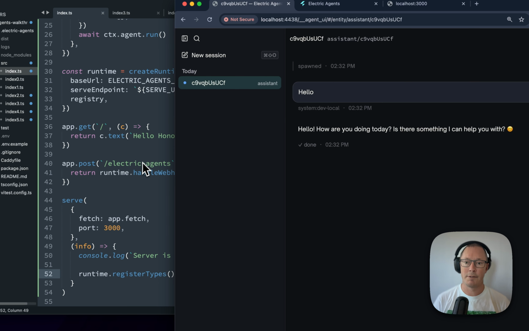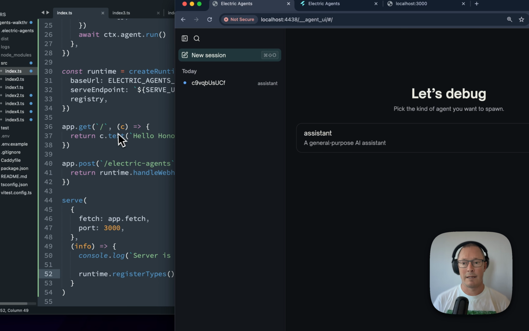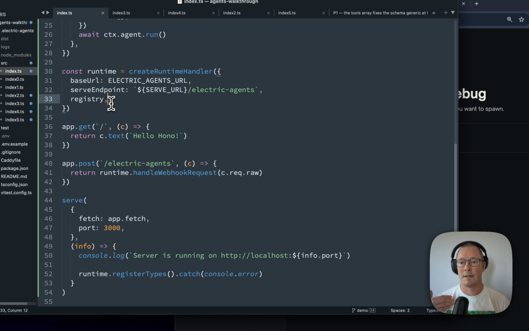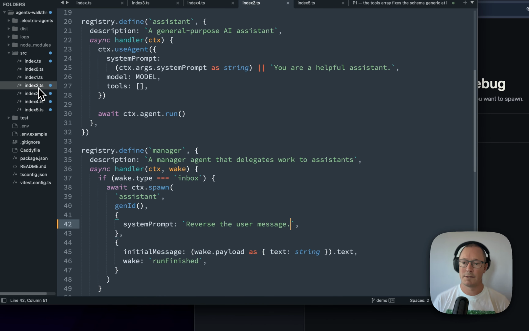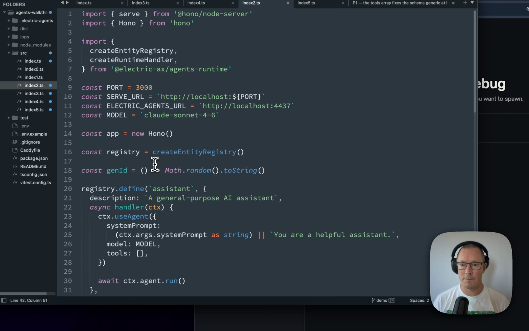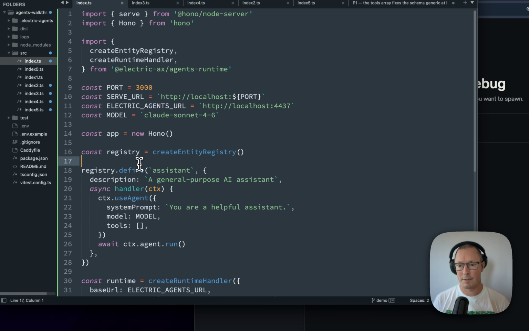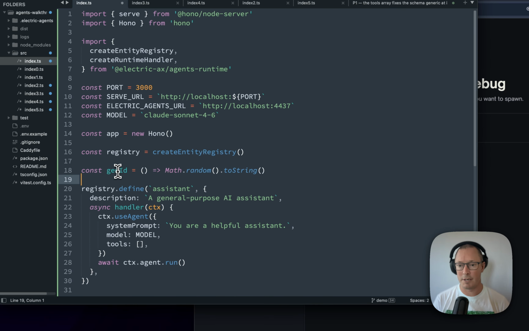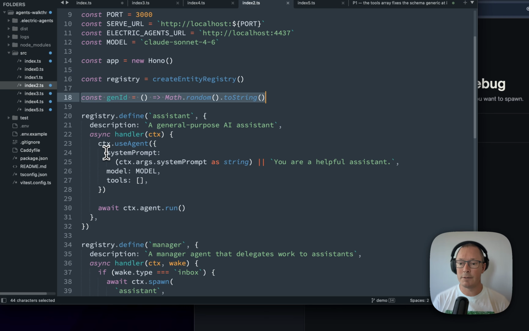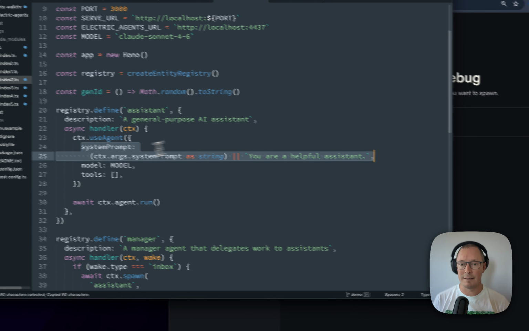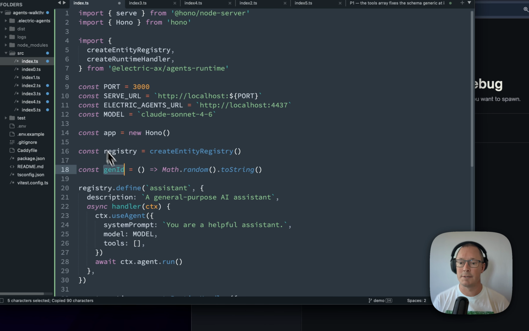Okay, so far so good. Now let's do our first kind of sub-agent spawning. And so for that, what we're going to do is just extend our application a little bit. First of all, I'm just going to copy over this helper function to generate sub-agent IDs. Then we're going to extend the system prompt of our assistant entity so that we